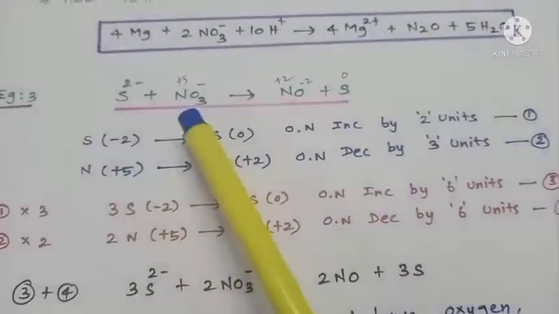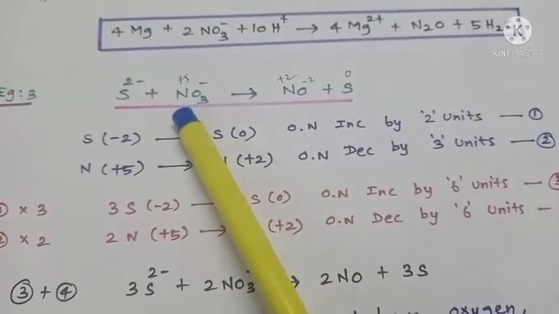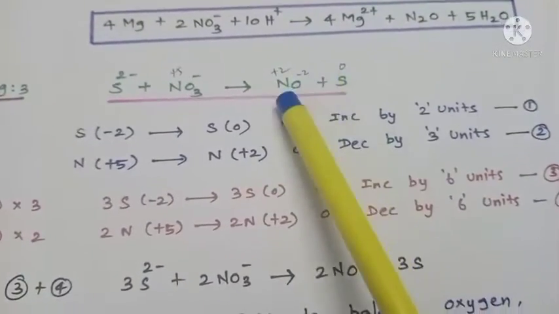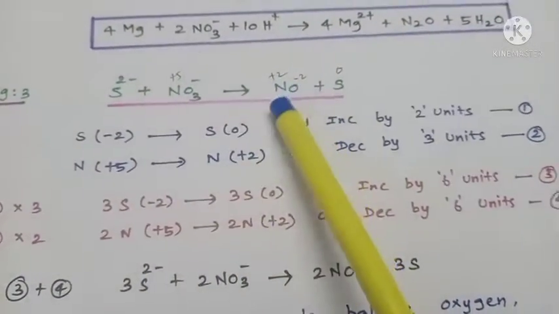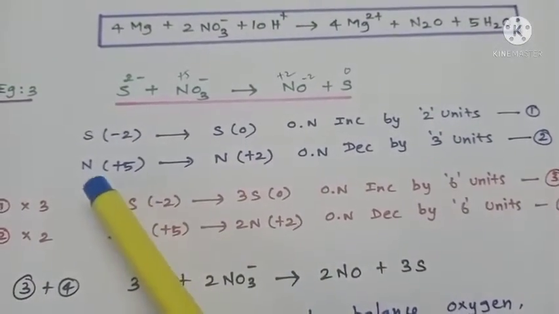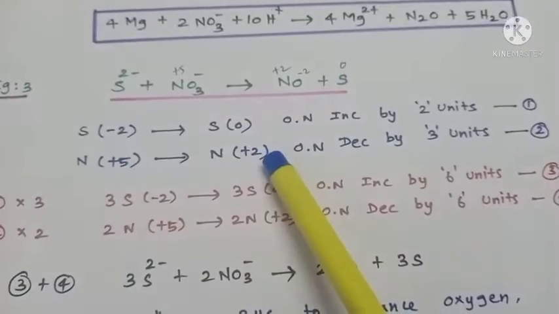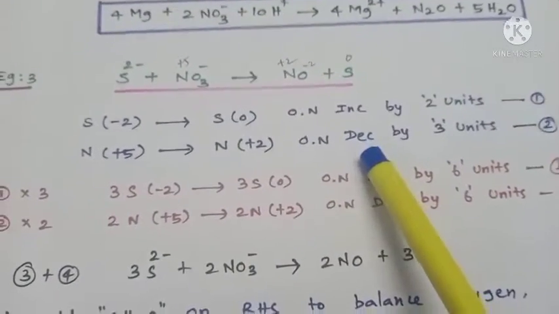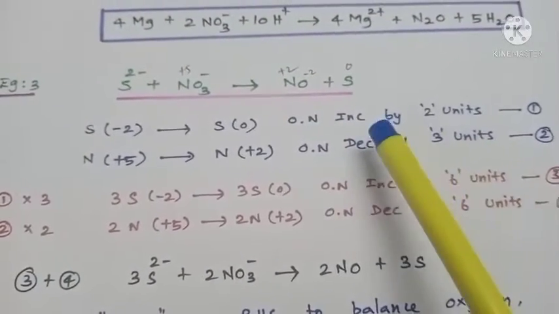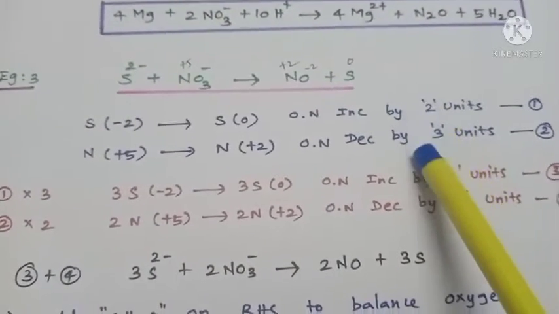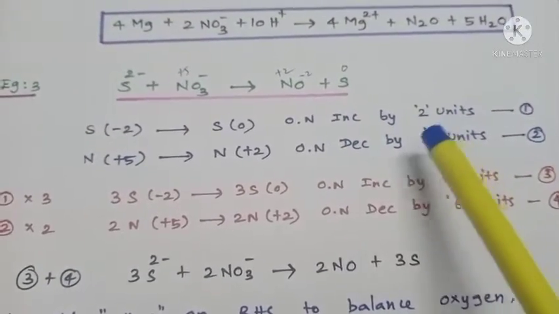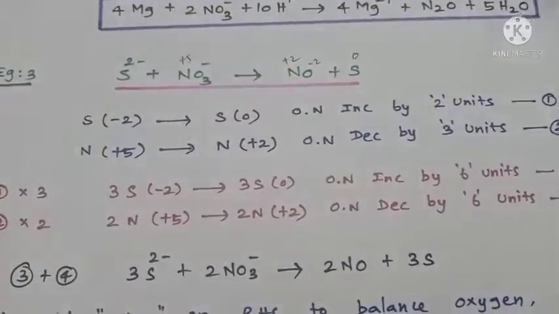Equation number 1. Similarly, on the left side in nitrate ion, the oxidation number of nitrogen is +5, isn't it? Then on the right side NO, oxygen -2, so nitrogen +2. So in nitrogen monoxide the oxidation number of nitrogen is +2. Therefore the oxidation number of nitrogen changes from +5 to +2. It decreases. By how many units? The difference of 2 and 5, so 3 units. Now you are getting different values. See, the oxidation number increases by 2 units but decreases by 3 units, so they are not equal. So you have to equalize them.